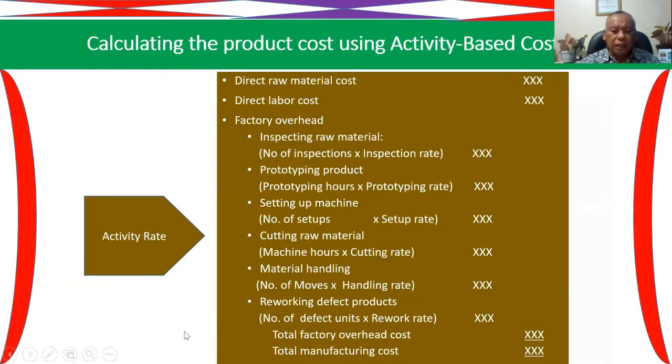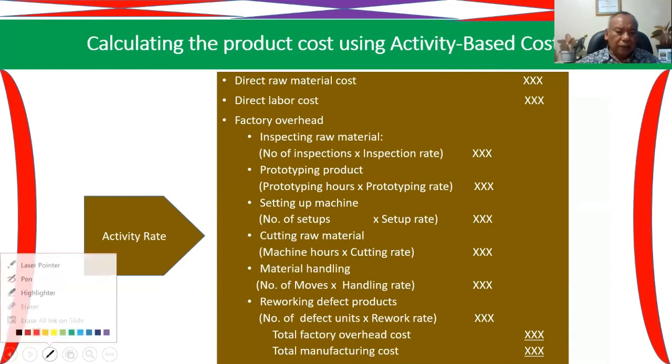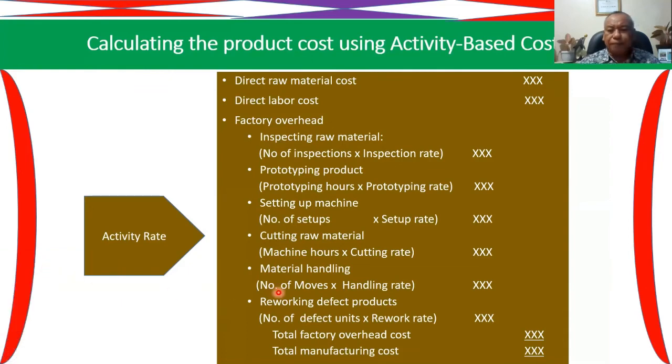If we are using activity based costing, so the direct raw material cost plus direct labor cost, and then the factory overhead we calculate based on the activity, not based on the department.